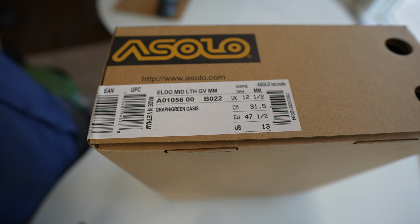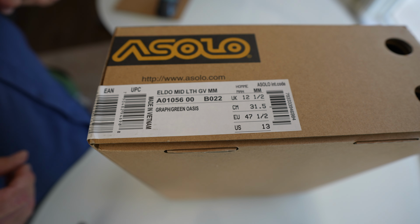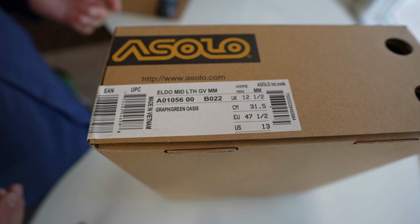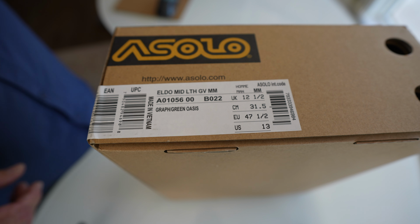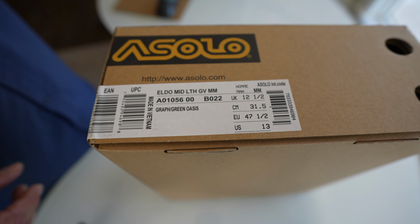Okay, y'all, this is a review of this Asolo approach and day hike shoe, the Eldo Mid LTH GV. Asolo is a really good brand. They're high quality, but this is designed to be light. So they're around a pound each, which is 453 grams. The size 8 is the one they measure for their specs. It's only like 412 grams, but this is a size 13,